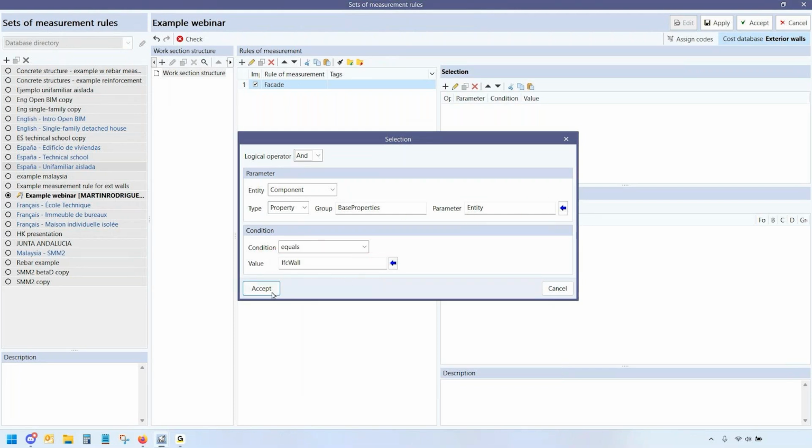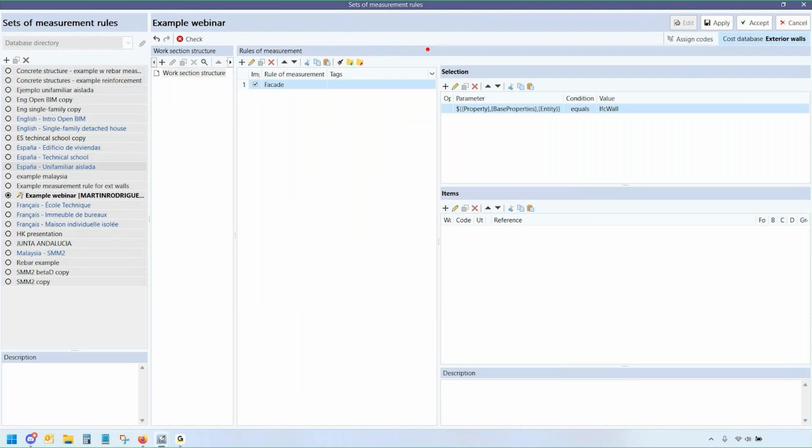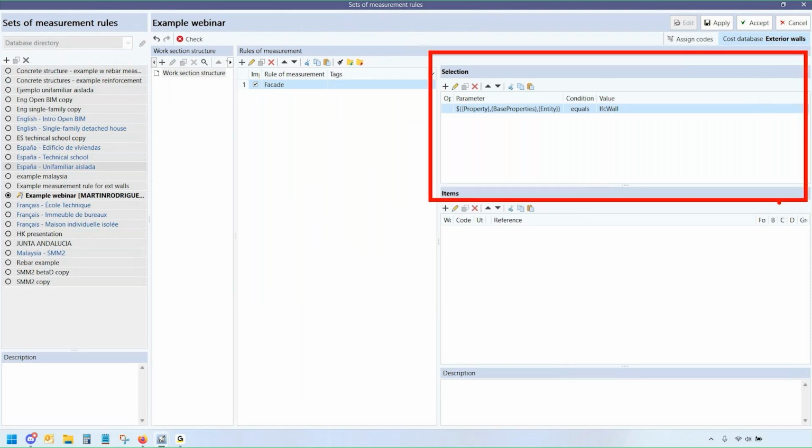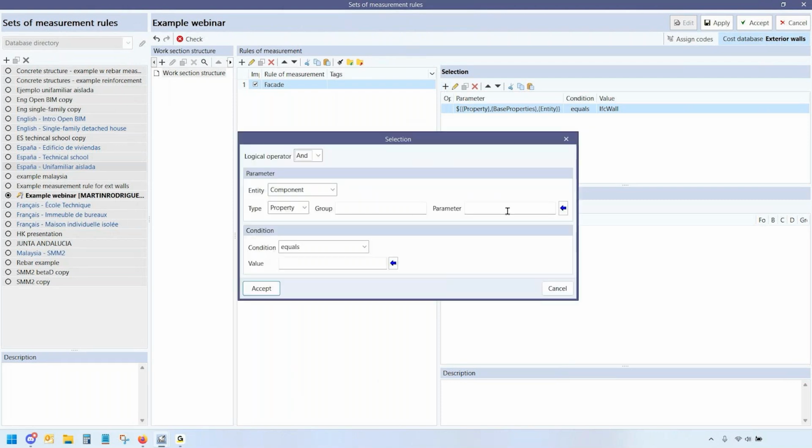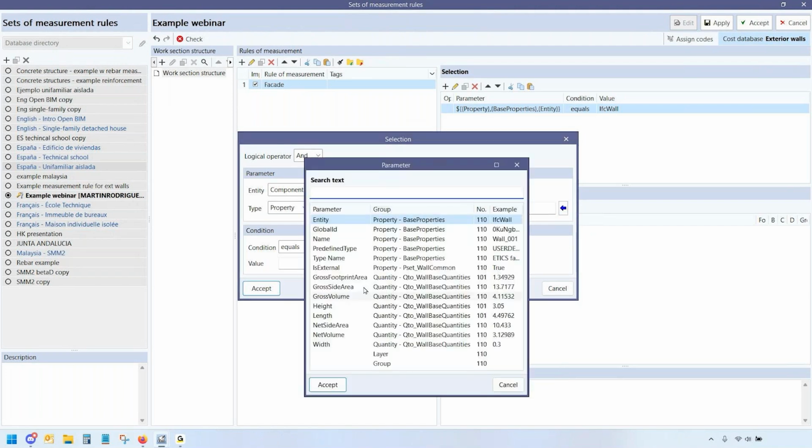Entity IFC wall. Now I've told the program, hey, select all the walls that are present in the model, not the columns, not the doors, not the slabs, not the roofs, not the windows, only the walls. But maybe I don't want internal partitions. I don't want certain kinds of walls. I want only the exterior walls. So let's add more criteria, a more precise definition. Let's say from within the walls, I want all of them where the width